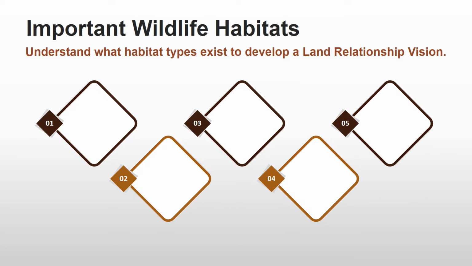Understanding what kinds of habitat types exist is key to developing a land relationship vision. There are many different kinds of habitat that may be present within one area. Look closely to determine different habitat characteristics. Some examples of important wildlife habitat would be rare or specialized habitats, like alvars or old-growth forests, seasonal concentration areas, like deer overwintering areas, turtle nesting habitat, bat roosting areas, migratory bird stopovers, and more,